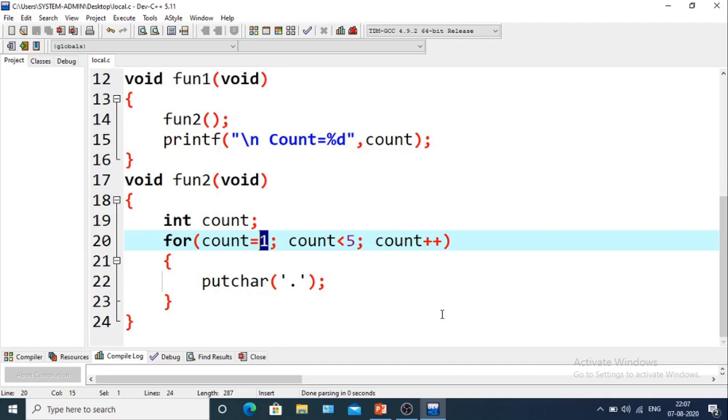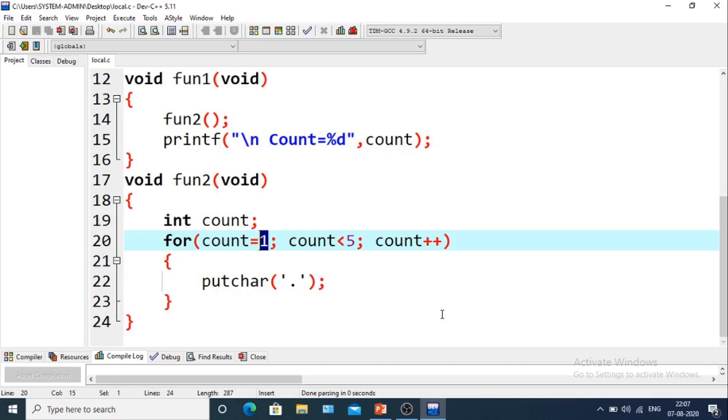The scope of the global variable is throughout the program. And if we declare and initialize a variable with the same name locally, then the local variable has the highest priority. The value given to the variable inside the local block or function holds that value until that block or function is closed.